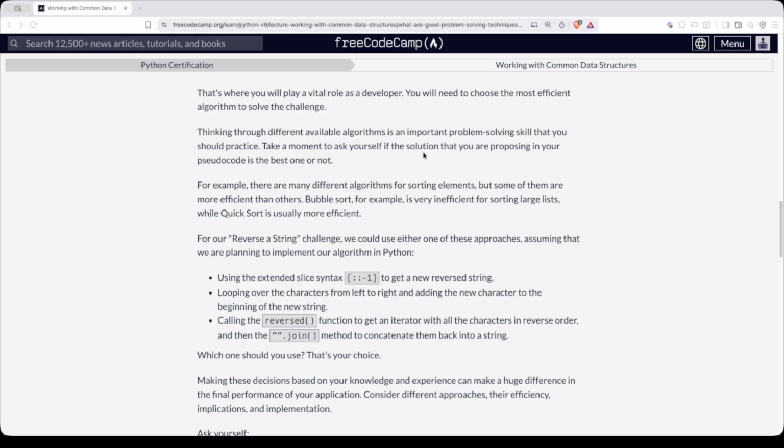Take a moment to ask yourself if the solution that you are proposing in your pseudocode is the best one or not. For example, there are many different algorithms for sorting elements, but some of them are more efficient than others. Bubble sort is very inefficient, where quicksort is more efficient. For our reverse a string challenge, we could use either one of these approaches, assuming that we are planning to implement our